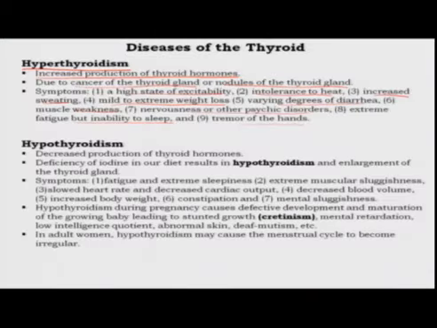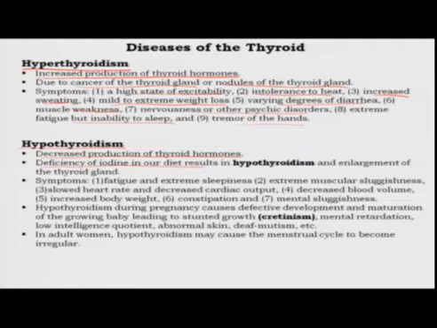Now, we look at the other extreme, which is called as hypothyroidism, meaning lower than required activity of the thyroid gland or lower than required presence of thyroid hormone. So, this is caused by decreased production of thyroid hormone. Okay. One of the major causes of this is a deficiency of iodine in our diet. So, to counter this, as you all know,